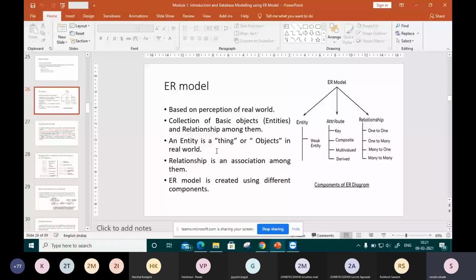With the help of different tables, we communicate between them in a particular way, and that way is called a relationship. That relationship provides a particular way of communication between entities, and it is defined in the form of a model or graphics, and this is called the entity relational model. That is the biggest definition.